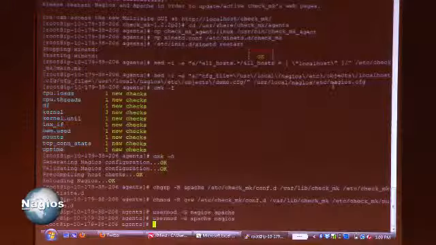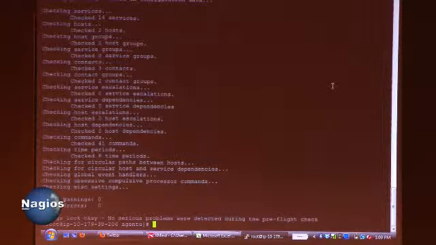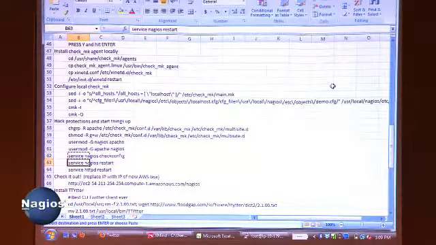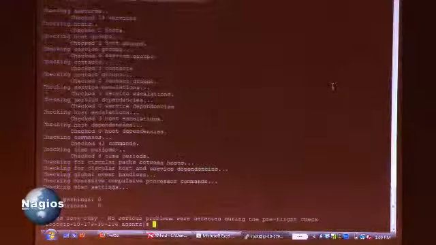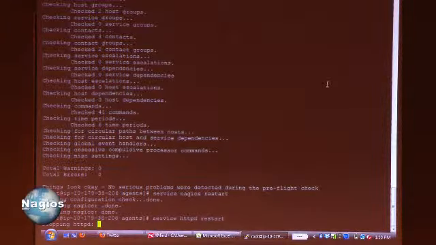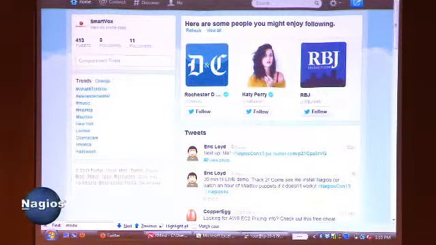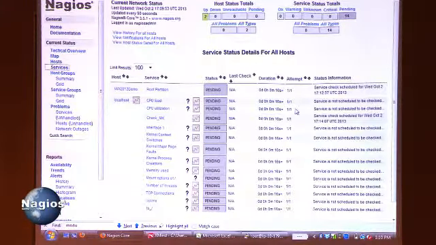And we're going to make sure that Nagios is still good to go. That was our check config. Make sure that it's really still good to go. No warnings, no errors. We're going to restart Nagios, and we're going to restart the HTTPD server because we made some changes to the config file under the hood there. So now when we go back to Nagios and we reload this page for the services,